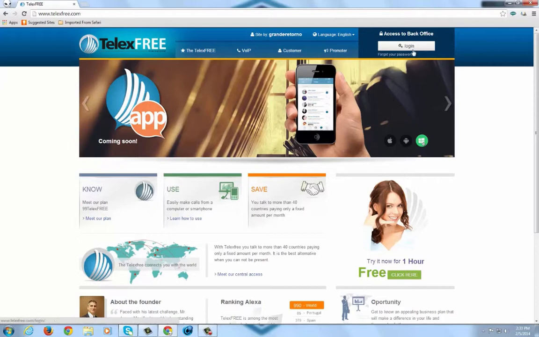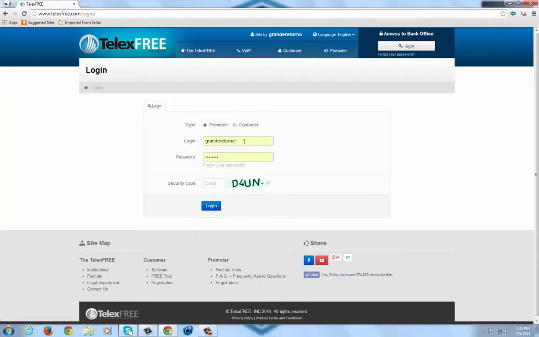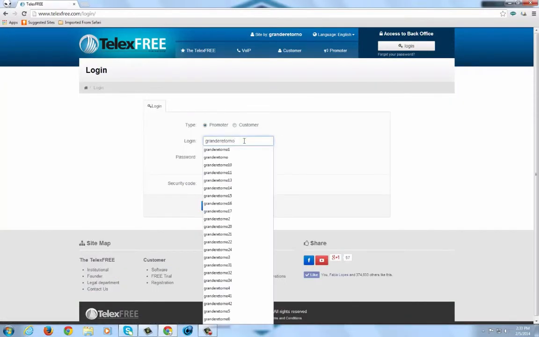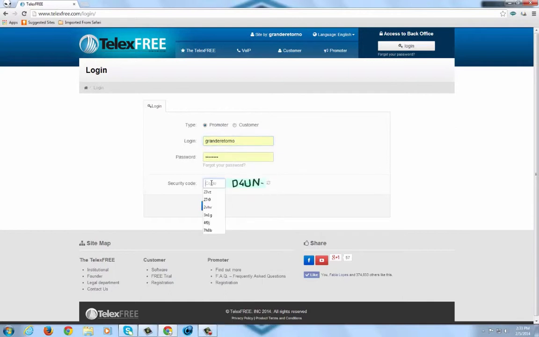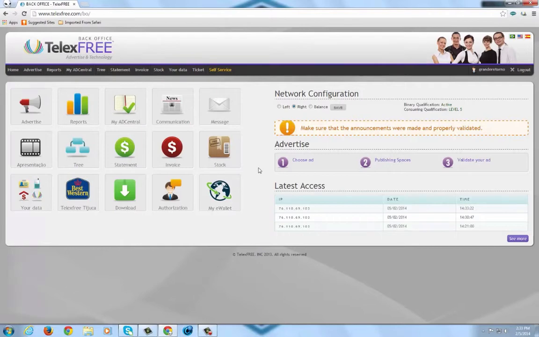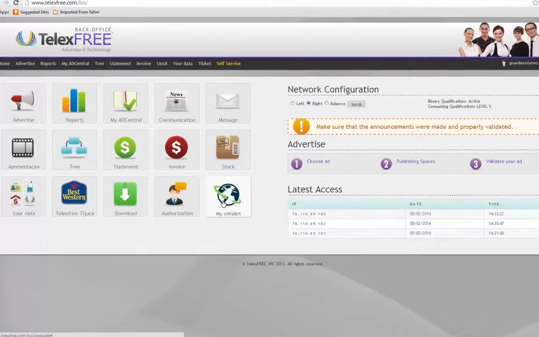Usually you can only request money on Tuesdays. So if you request the money on Tuesday, not the next Friday, but the following one, that's when you're gonna receive an email saying that the funds are clear on your e-wallet, and from the e-wallet to your bank takes 2 to 3 days. Okay, so on your back office, you're gonna come here, my e-wallet.